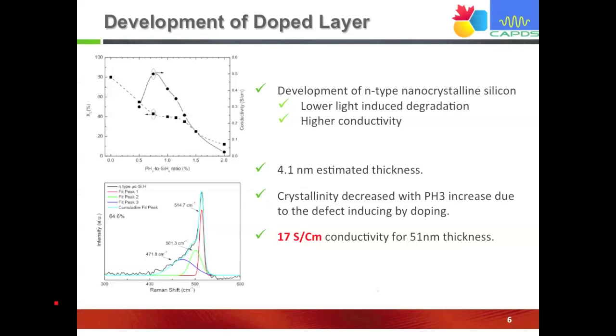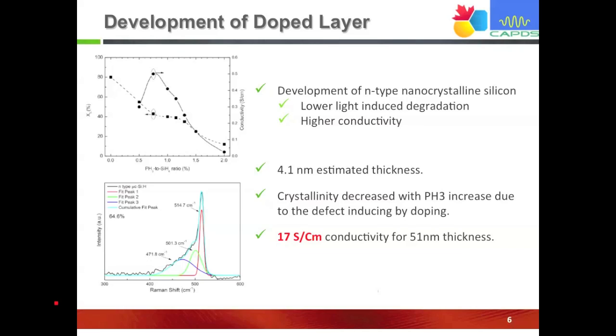At the second level, we decided to develop the doped layers for the solar cell, since it is based on a single junction PIN structure. We try to develop an N-type nanocrystalline silicon. Since it behaves somewhat like crystalline silicon, we could expect higher conductivity, and also light-induced degradation is low because we are away from the amorphous condition that causes the Staebler-Wronski effect, which decreases the